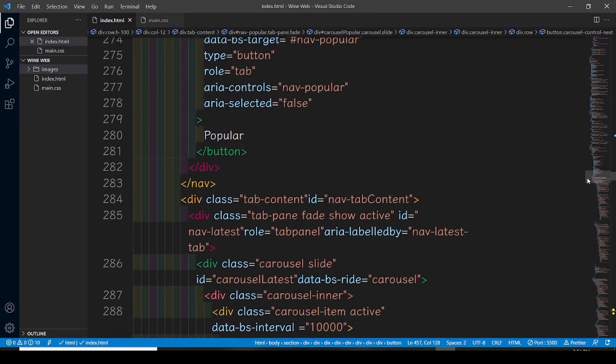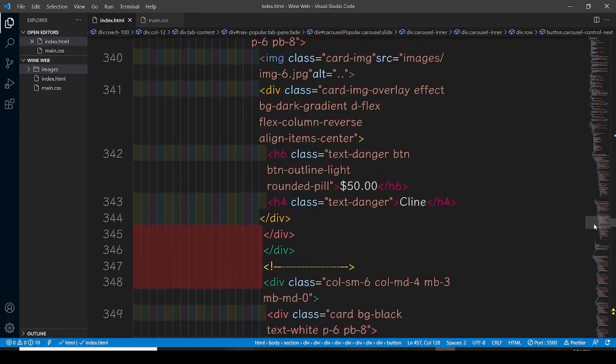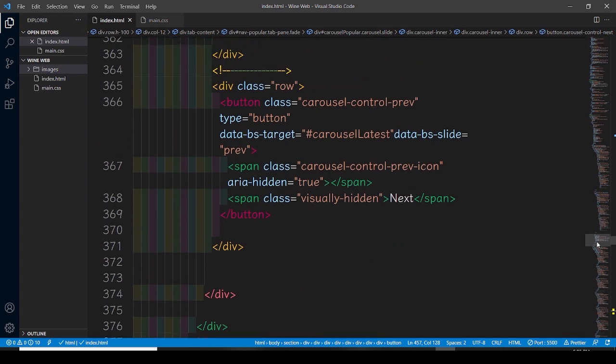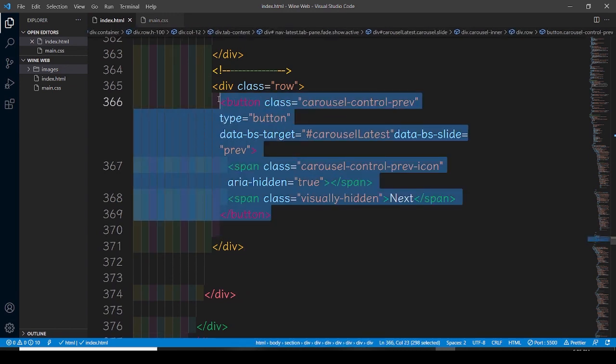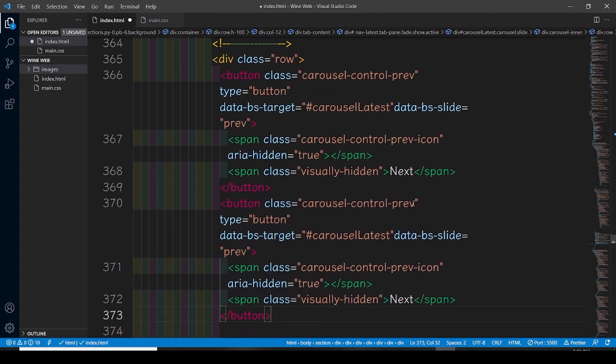We have defined the button in the latest section. So nav and here, the problem could be here. You know what, let me copy this button, and let me paste it here, and in place of this previous, let's use the next and carousel latest, then carousel previous icon. In place of this previous icon, it's gonna be next icon, and here it's also gonna be next,